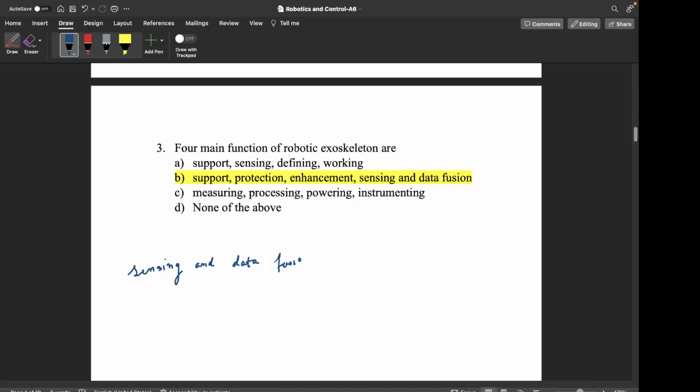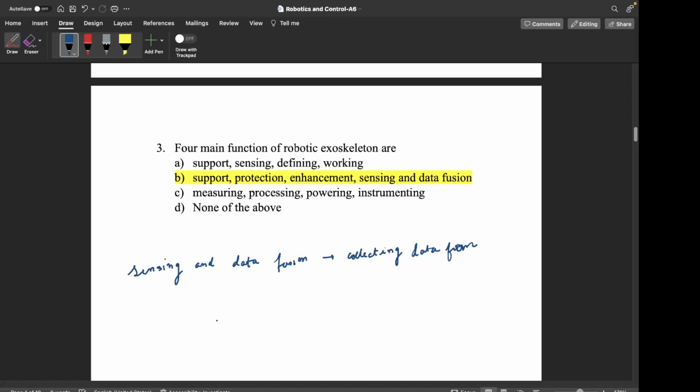So sensing and data fusion is like collecting, because manually we can just focus on certain things at a time, but an exoskeleton with its own computing power and a range of various types of sensors can collect different kinds of data. And data fusion means collecting data from different sensors and basically merging them into some actionable insights. So collecting data